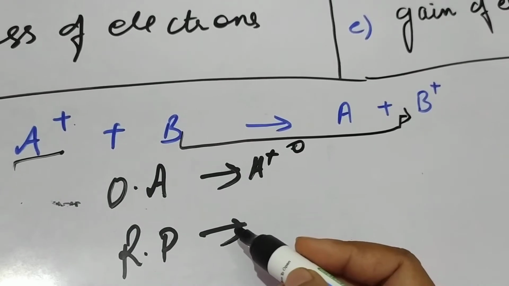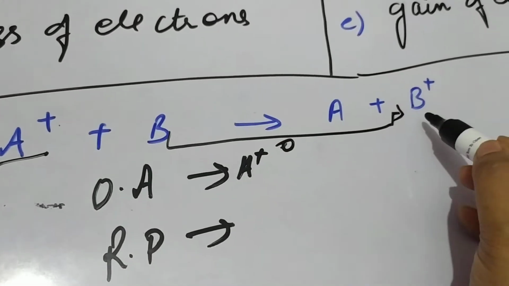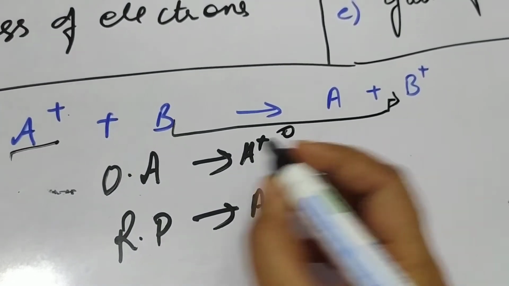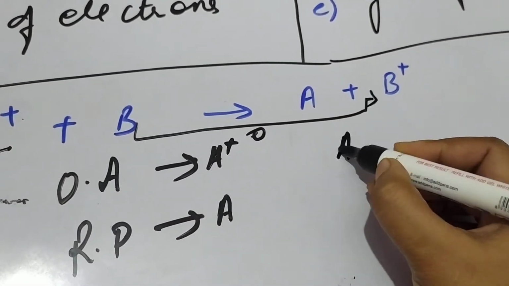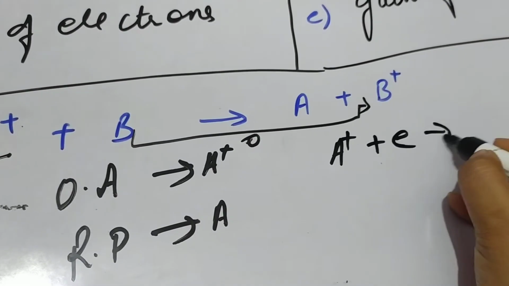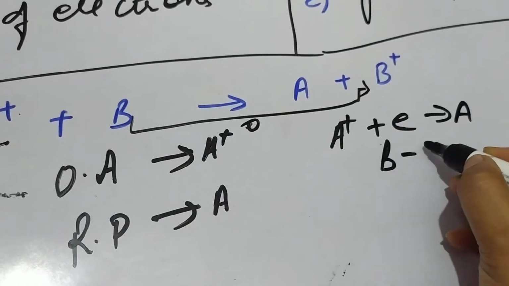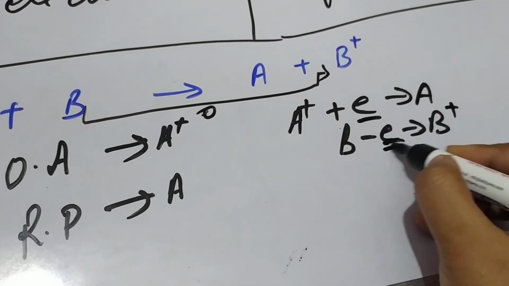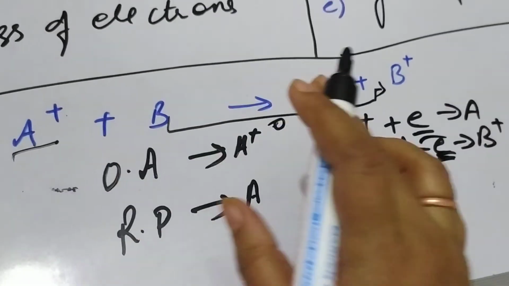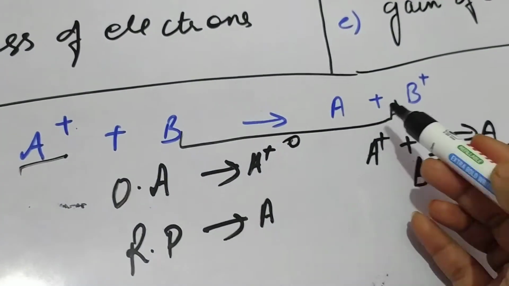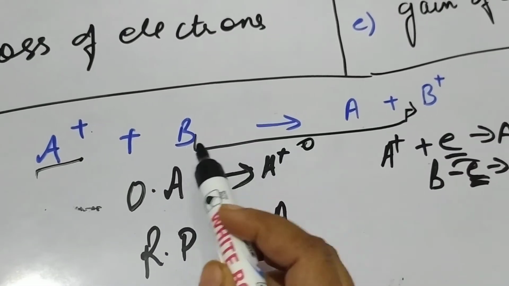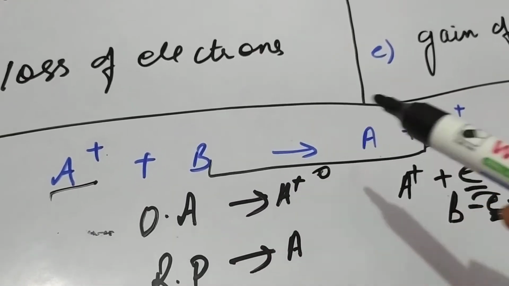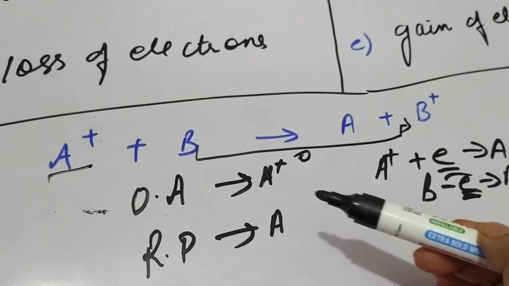Now the reduced product, this is obviously the oxidation process, so this is the oxidized product, and the reduced product is A, because A positive is gaining 1 electron to convert into A, and B is losing 1 electron to convert into B positive, and the loss and gain of electron is the same in this case because this is a redox reaction. But if you have to identify, the product will always be from the right hand side, and the agent, or substance, will be from the left hand side, which you have to see very carefully in terms of electrons, whether the electrons are lost or gained.